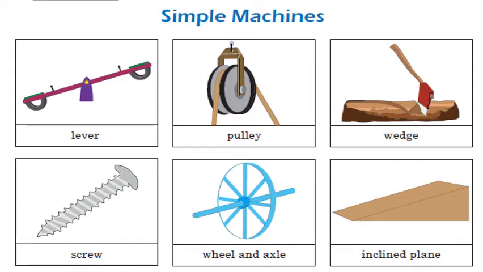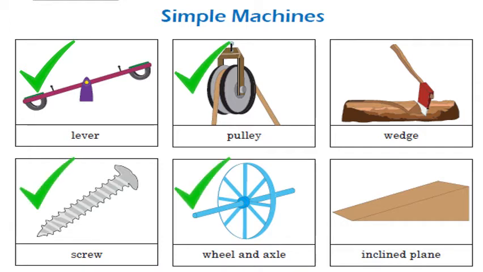Class, there are many kinds of simple machines. It can be divided into several kinds. But according to our book, we are going to learn only 5 basic types including lever, pulley, screw, wheel and axle, and inclined plane. Wedge is also a kind of simple machine, but we are not supposed to learn wedge in this chapter because we are just following the syllabus that is given in our book.